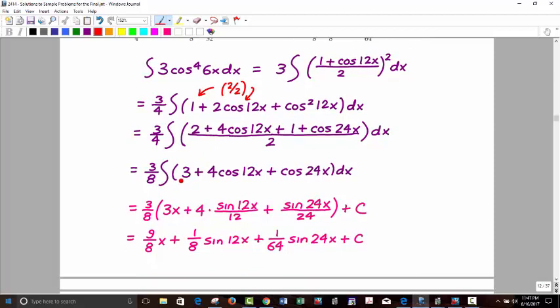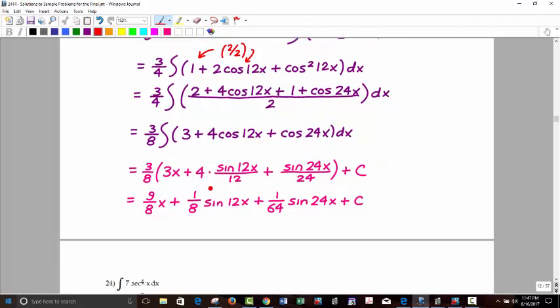So now we have the antiderivative of 3 would be 3x. Antiderivative of cos of 12x would be sine of 12x divided by 12. Of course, the 4 is in front. And then antiderivative of cos of 24x would be sine of 24x over 24. Now we have that 3/8 on the outside that needs to be distributed through, and we'll get this 9/8 x plus 1/8